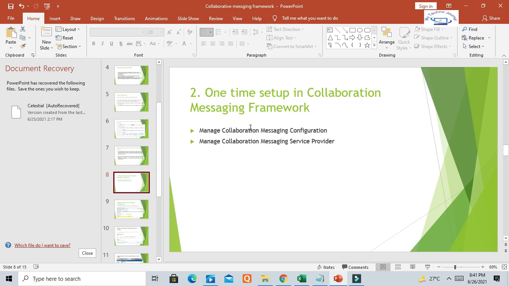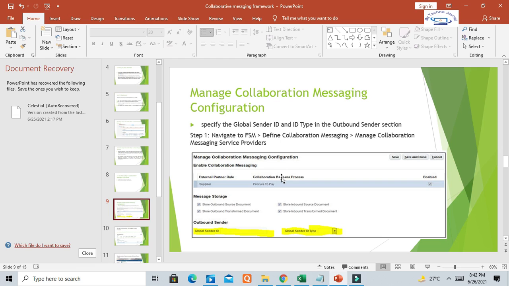And again, we have to do the setups for manage collaboration messaging configuration and manage collaboration messaging service provider. We can do these setups in Setup and Maintenance. I have provided the screenshot here.